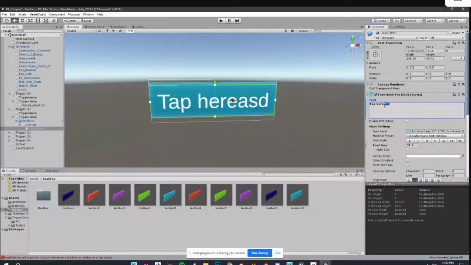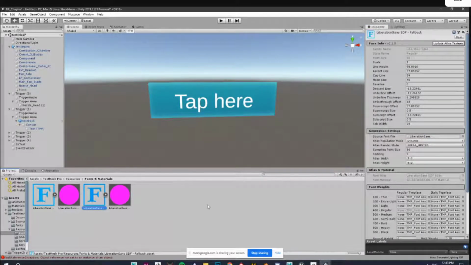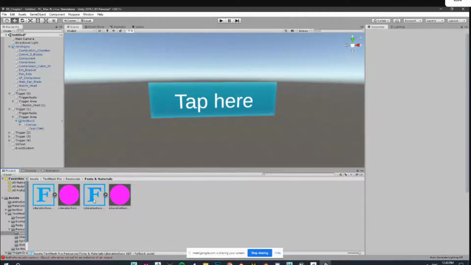Oh, very nice. So you can also change the font? Right now I have only this particular font installed, so I can only use this one. But we can copy and paste different fonts over here. To do that, we have to create an atlas for this. I'll just give you a brief on how we can do that.